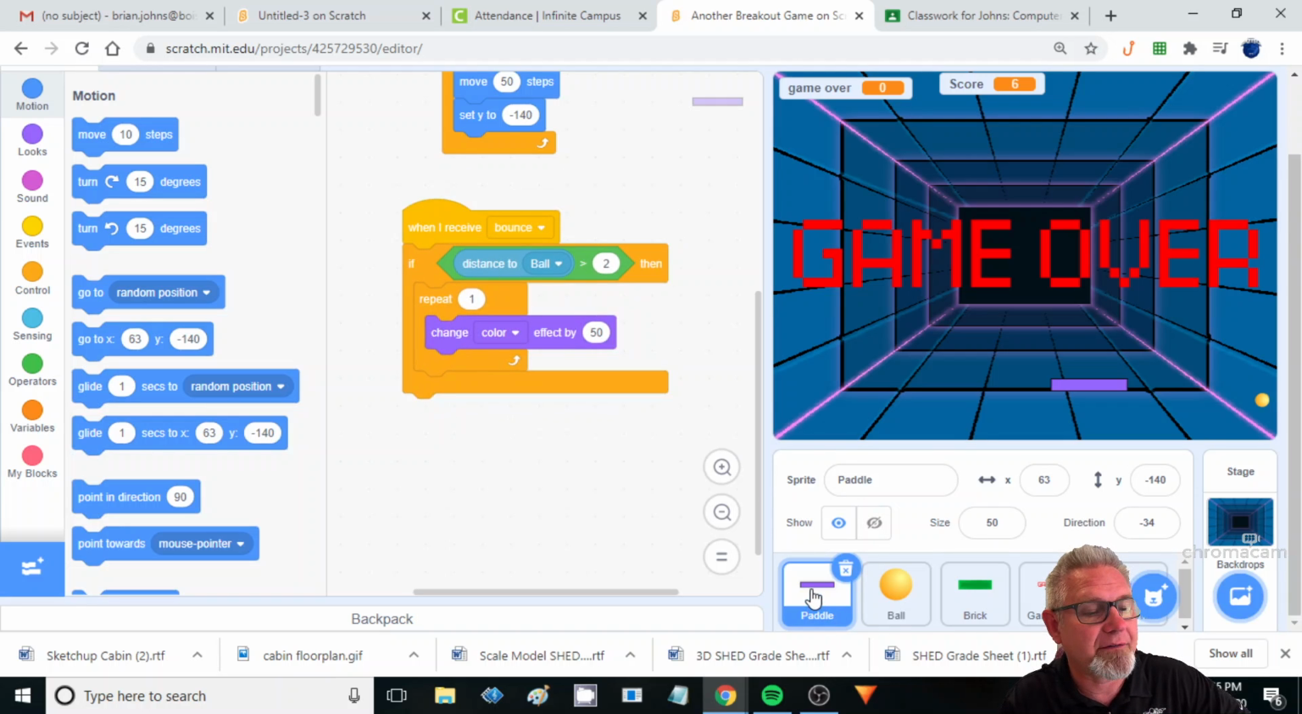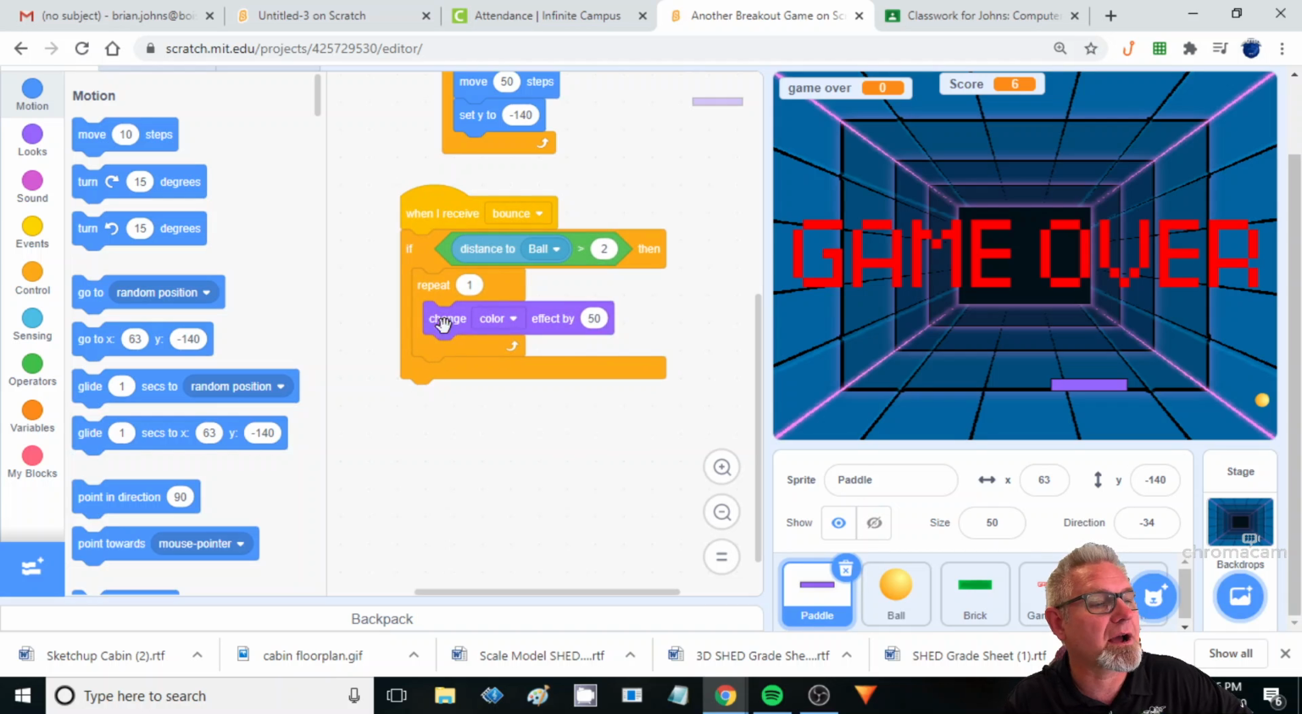So I have the paddle sprite highlighted, not the brick, not the ball, and you can tell that it's up here in this corner too. That means I've selected that sprite, and I add this code block to the paddle sprite. So I have a "when I receive bounce",